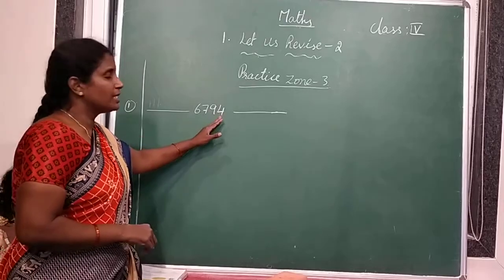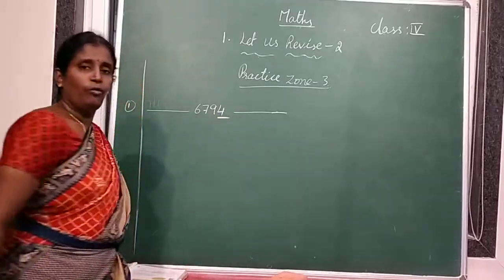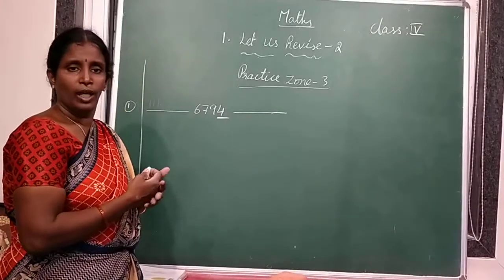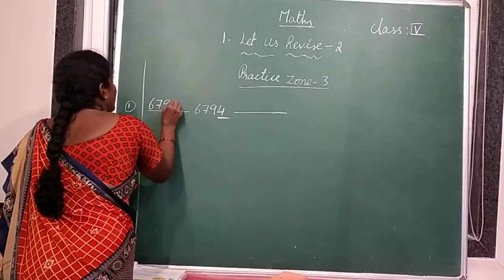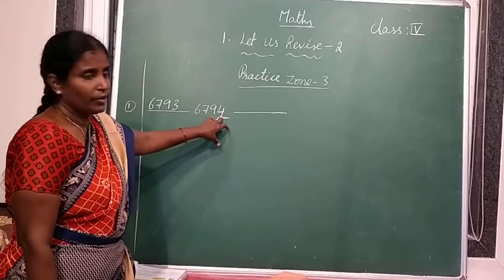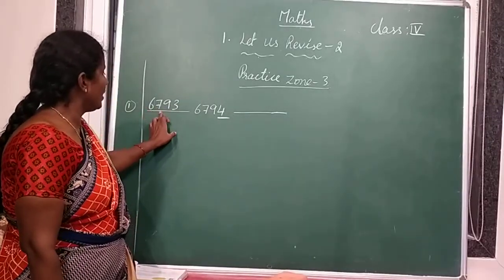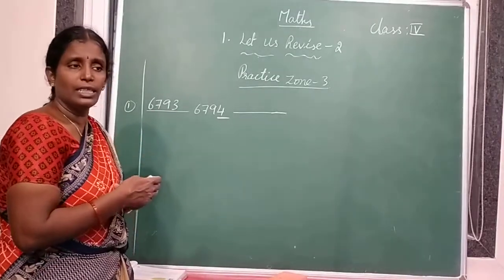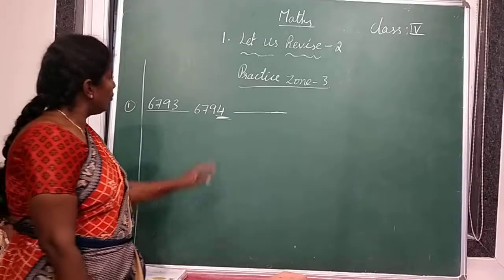To write the predecessor and successor, we have to check the ones place digit. What is in the ones place here? 4. Which number comes before 4? Before 4 is 3. So the predecessor is 6793. Remaining digits are the same. Only the ones place digit is different. And next, successor is the after number. Same, check the ones place digit. It is 4. So after 4